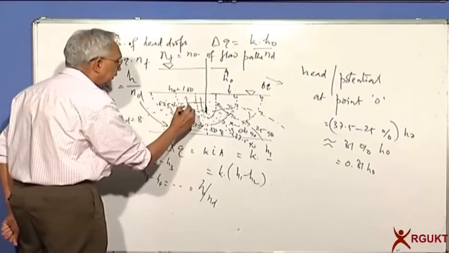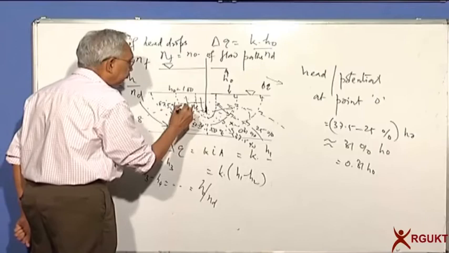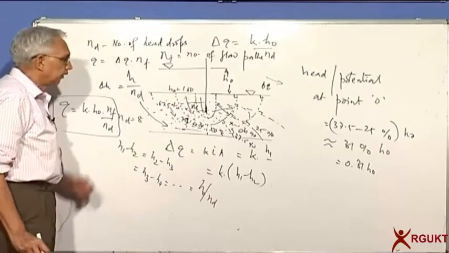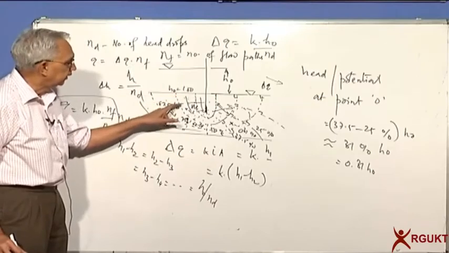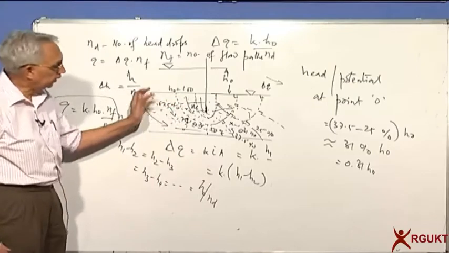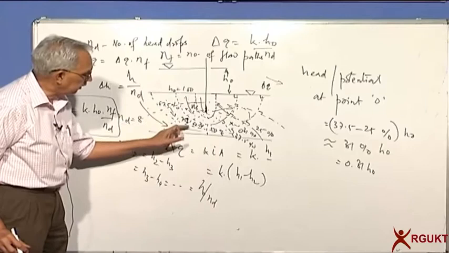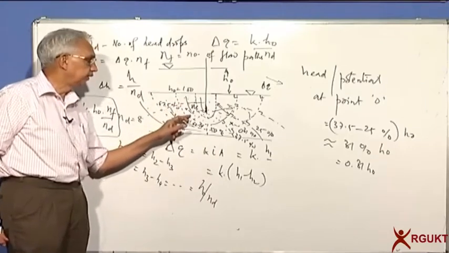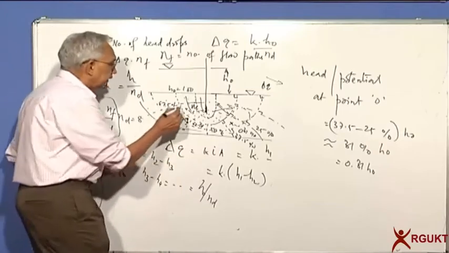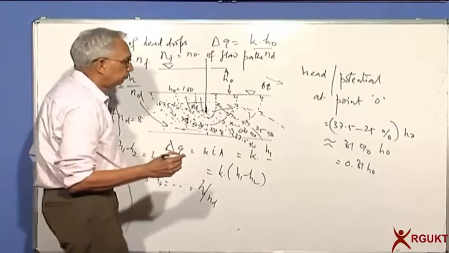Let's say I call that point as some M. Can you tell me what it's likely to be? The head here is 100%. The next equipotential line, because there are how many drops? 1, 2, 3, 4, 8 drops. So this will be 87.5. This is 75. And so it will be somewhere between the two. So it's between